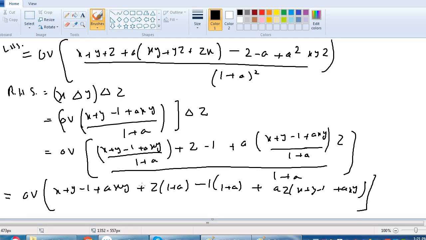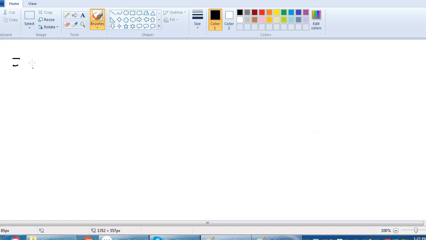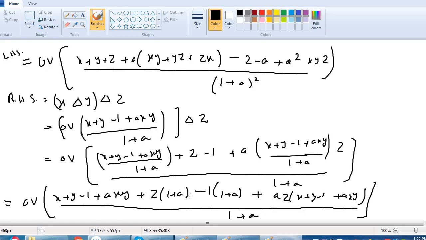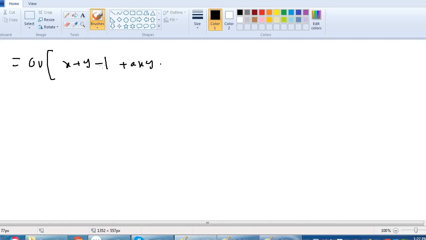This whole is divided by 1 plus a. Zero union, we will again get x plus y minus 1 plus axy plus z multiplied by z plus za minus 1 minus a. So we write it x plus y minus 1 plus axy plus z plus az